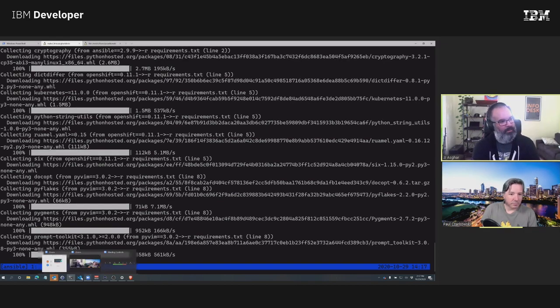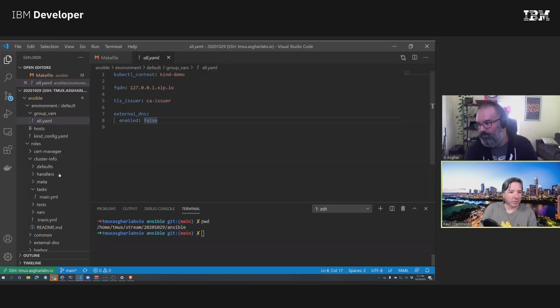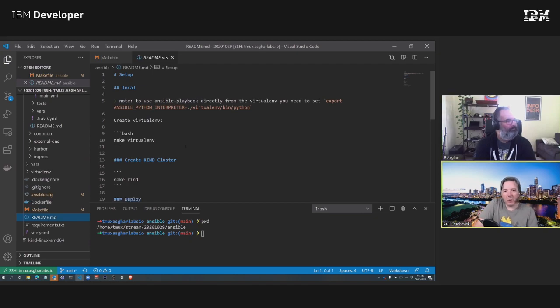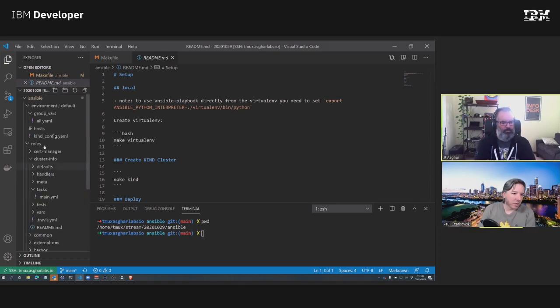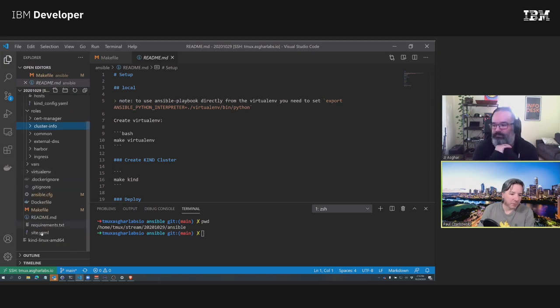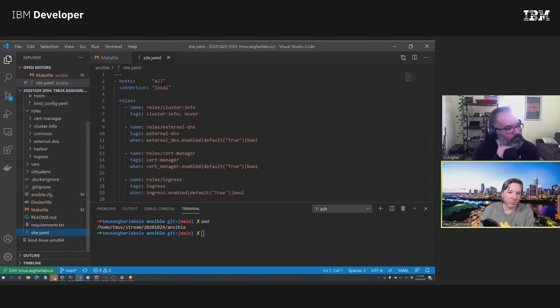So I just got a question in my chat. So what's the end goal for today? What are we trying to complete? You know what? We're just playing with Ansible and Kubernetes. So basically, I have a bunch of roles that I've been setting up through a couple of streams. So let's have a look at what we got. We've got this cluster info role, and so here you can see I've got a tag of cluster info, but I also have a tag for never.